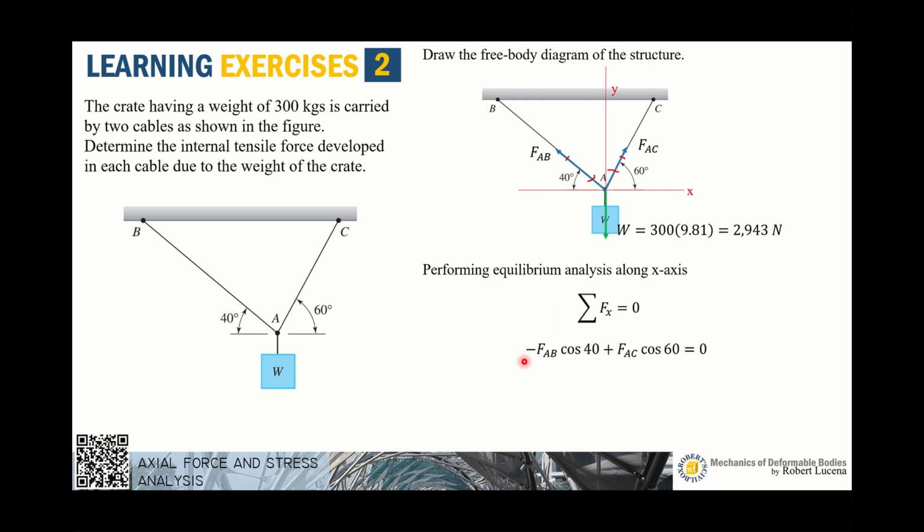So that is negative FAB cosine 40 plus the x component of FAC, which is FAC cosine 60. So you can see the x component is not another unknown. If you count, it's not another unknown, and the y component of FAB is not another unknown either. You just have FAB and FAC as unknowns because you can express their components in terms of the resultants